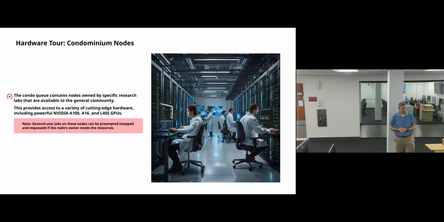The other tricky part about the condo queue is it's completely heterogeneous. So different types of nodes altogether. So you have to be a little more careful. And again, we'll cover this probably in our next session, but you have to be a little more careful of how you schedule your job because, if you need a particular type of GPU, you might not get it if you just say, oh, schedule on the condo queue. So there's nodes with L40S GPUs, A16 GPUs. Soon there will be a few T4 GPUs. I have a node with A100 GPUs and things like that.